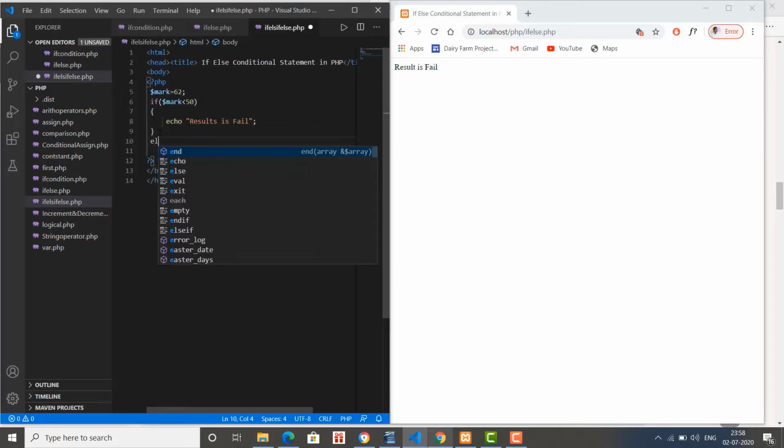Now I'm putting another else if condition here. Else if marks are greater than equal to 50, and we are using the AND operator here, marks less than 60.